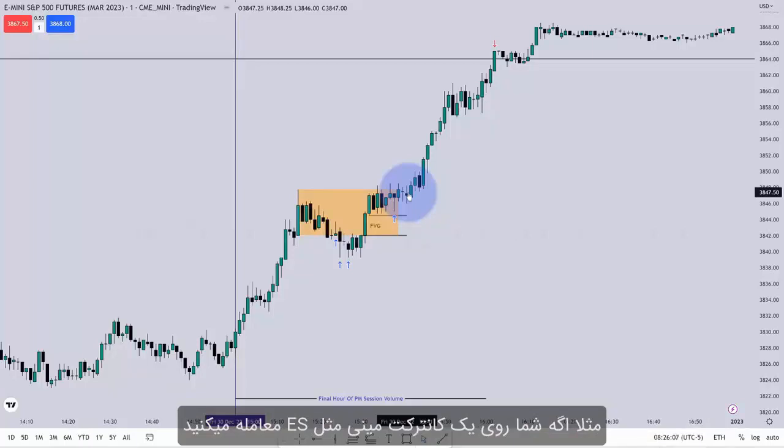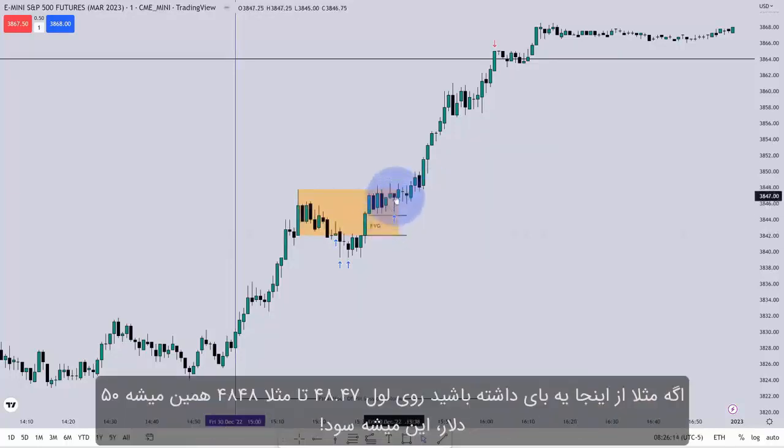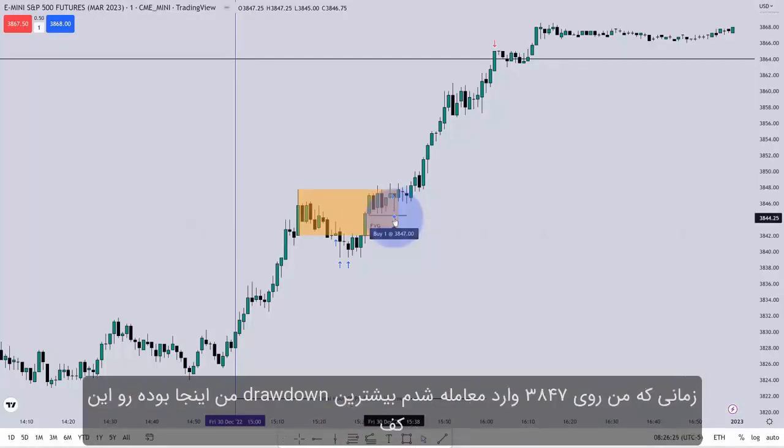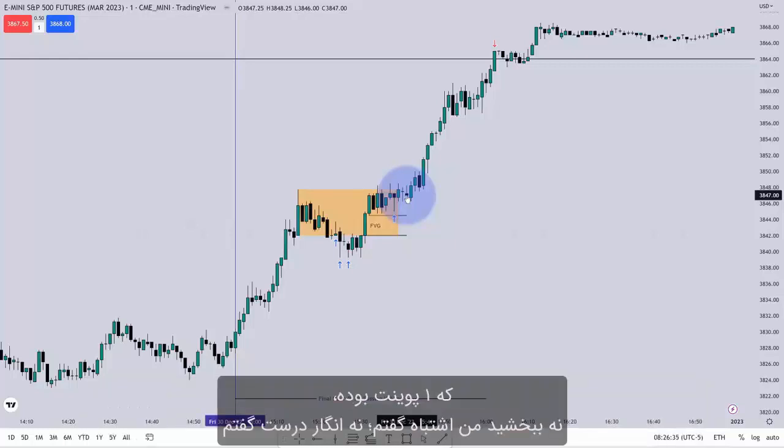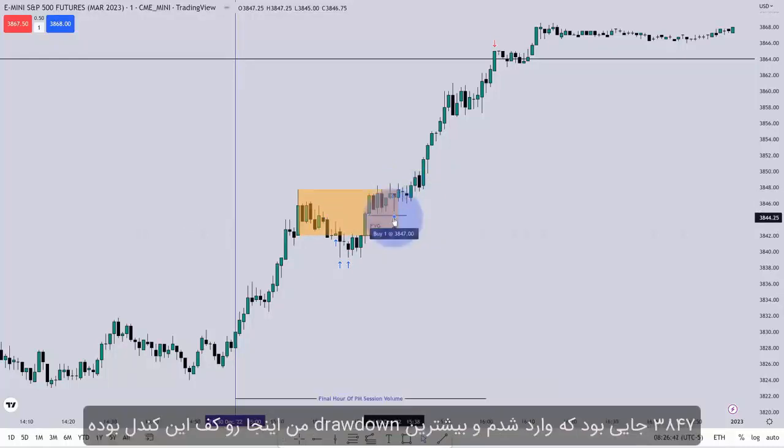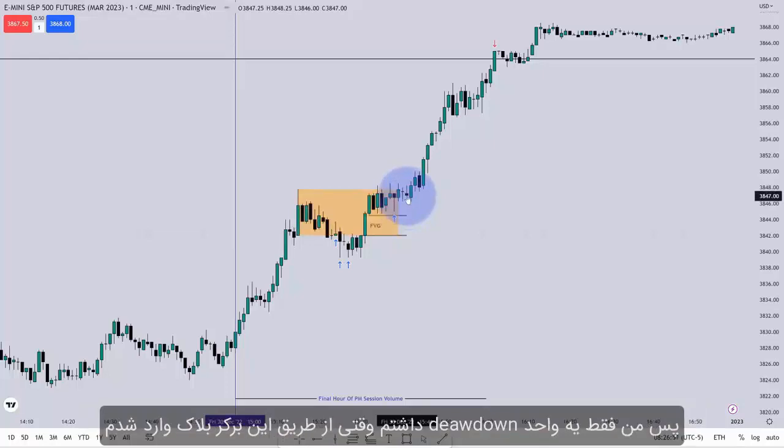If you just trade one mini contract on the ES, if you move from going long at 48.47 to 48.48, that's $50. That would be a profit. From the time I entered the trade at 38.47, the measure of drawdown on that low is 1 point. The low is 46. No, I'm sorry, I'm saying that incorrectly. No, I'm right. See, why did I doubt myself? 38.47 is where I got in, and the lowest drawdown in the movement here, the low of that candle, is 46. So I had one point of drawdown